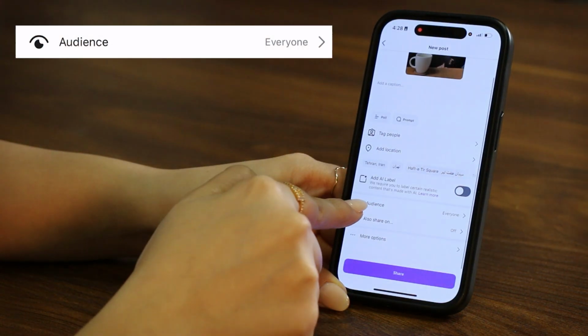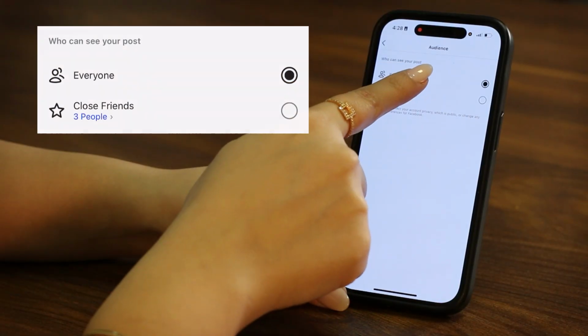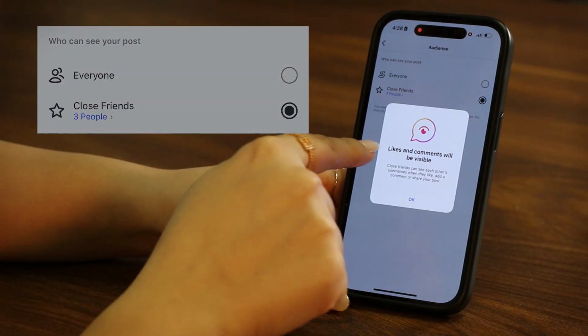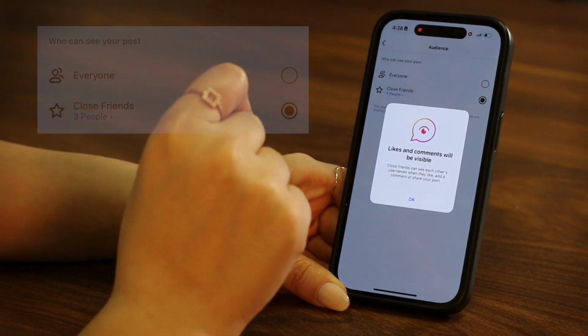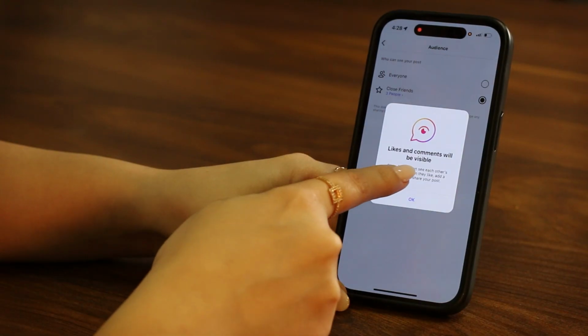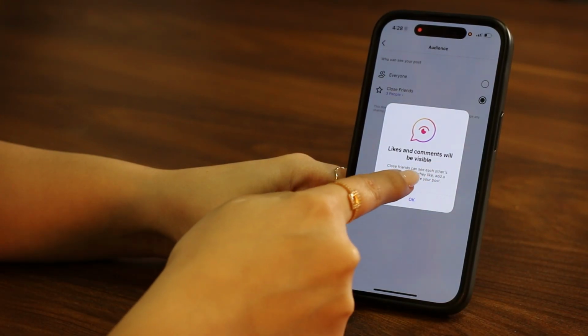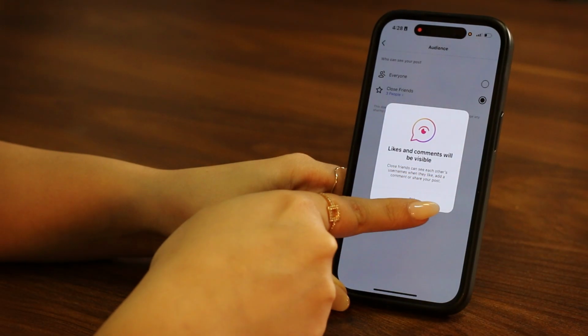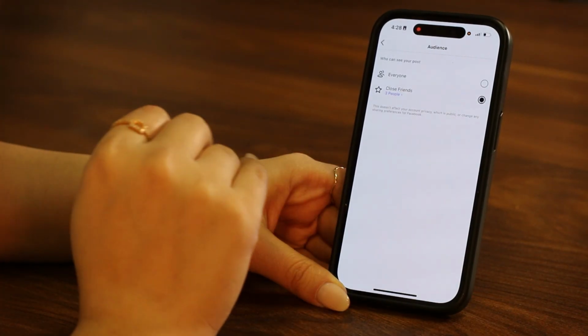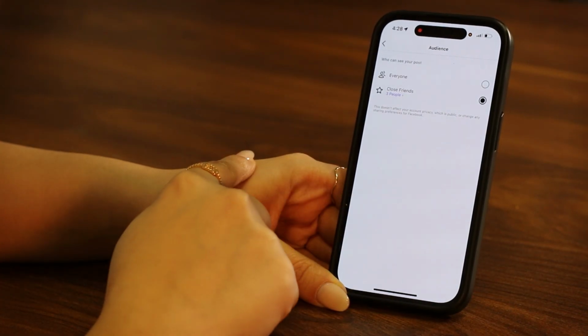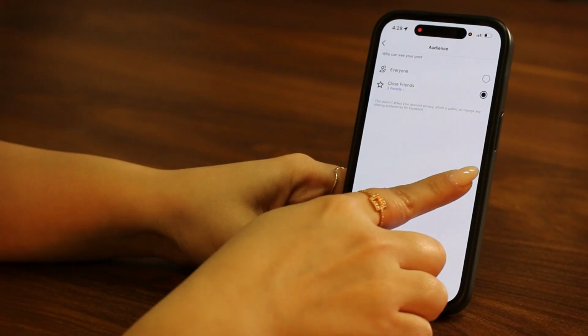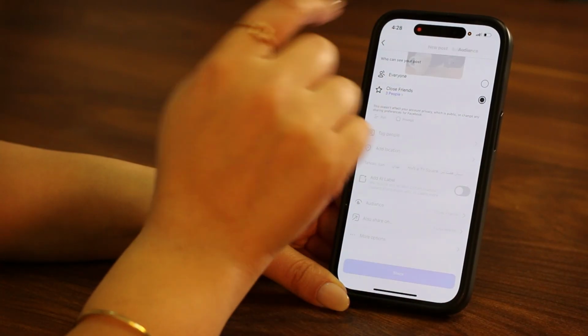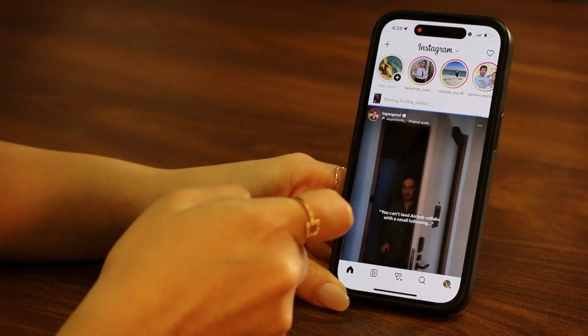As you can see here on the audience, it says everyone. If I put it on close friends, likes and comments will be visible. Close friends can see each other's usernames when they like, add a comment, or share your post. But other people will not know that you have added a post to your profile. So if I do that and go back and share it,